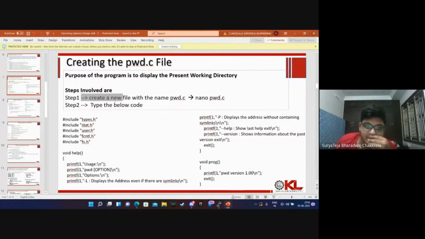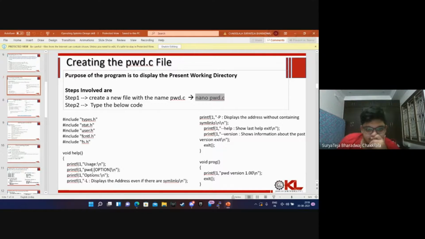Step one would be creating a file named pwd.c, which we can do using nano, or rather we'll be using vi, which should be basically easier. And we have to use the code which is given below.